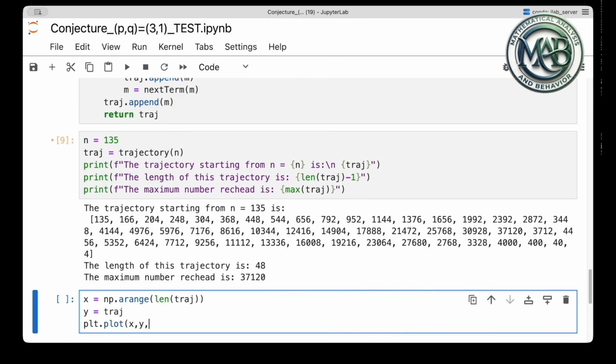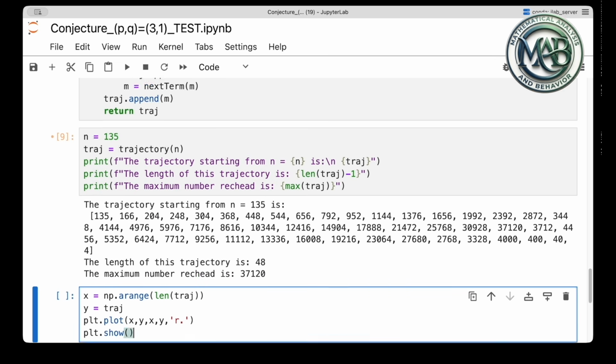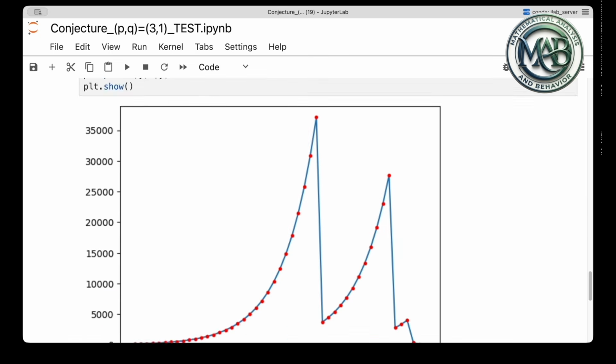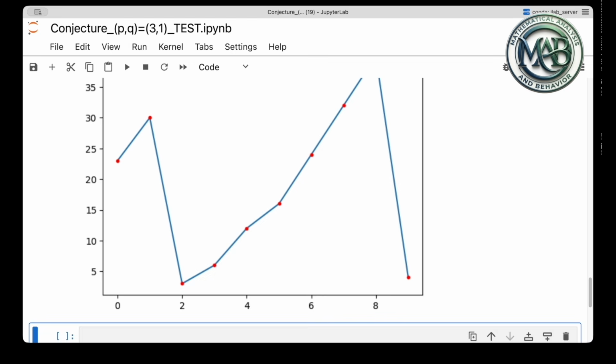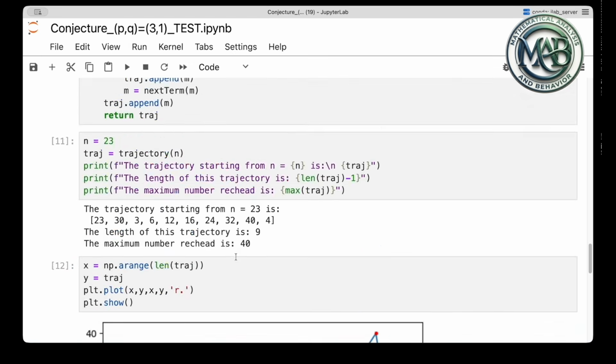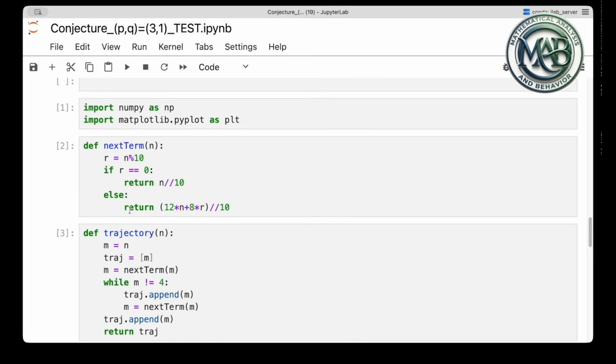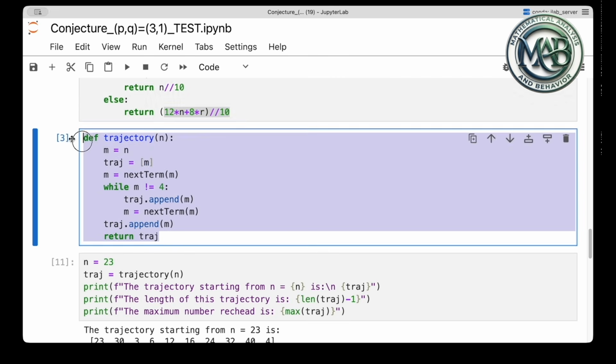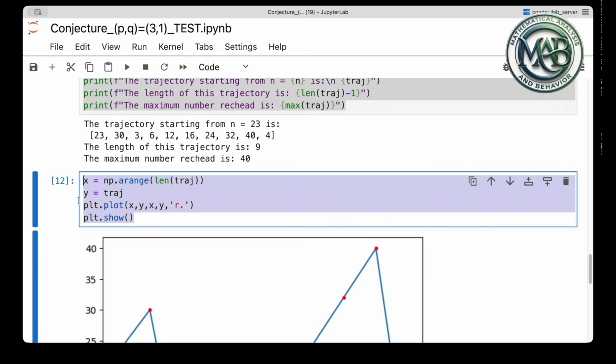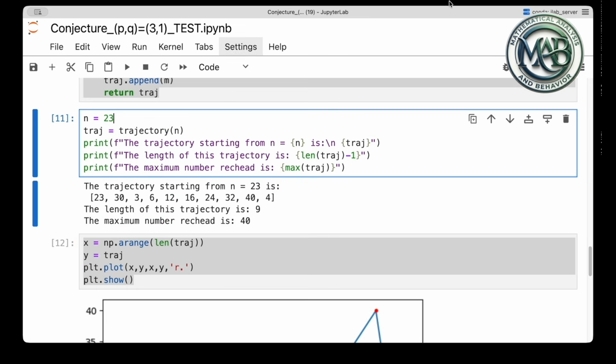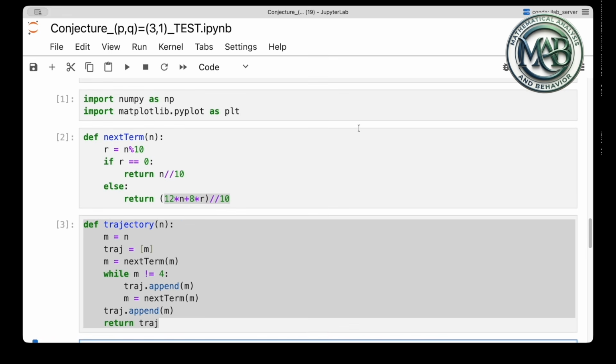Finally, we generate a graph to visually illustrate these trajectories. I encourage you to pause the video, copy this code, and experiment. What happens if you try a number with 100 digits? Feel free to experiment and improve the code using your own imagination.